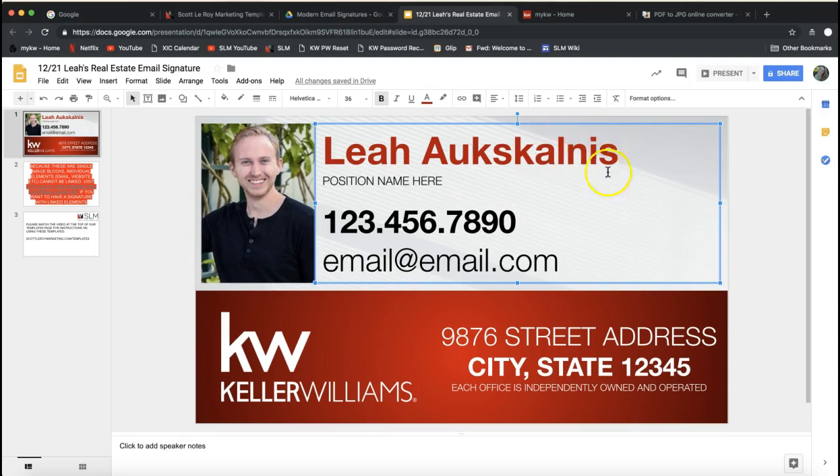So again, I can just click at the end of any of the verbiage already in here and backspace to change that, or of course you can click to drag to highlight it, and then you can just start typing and it will replace that. Of course, we'll want to change our phone number here, your email address,